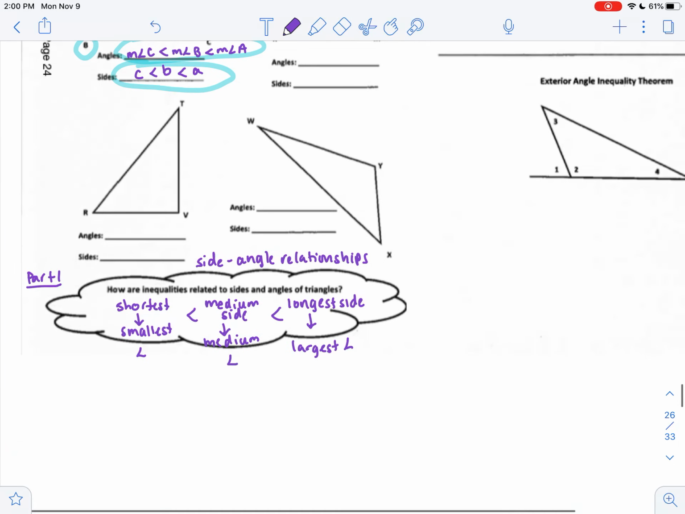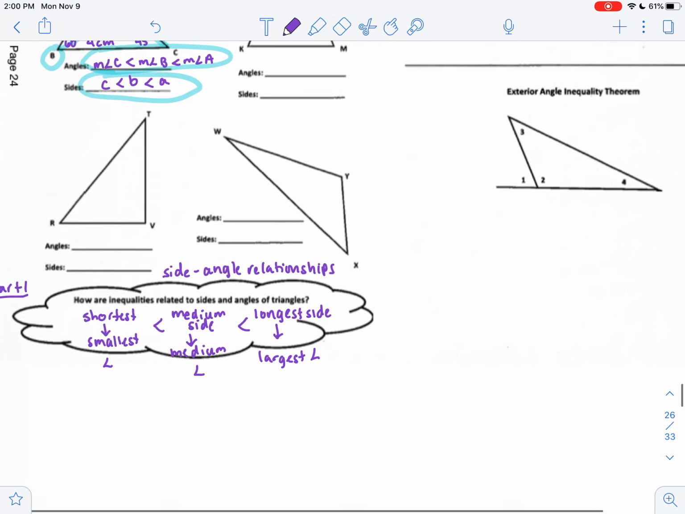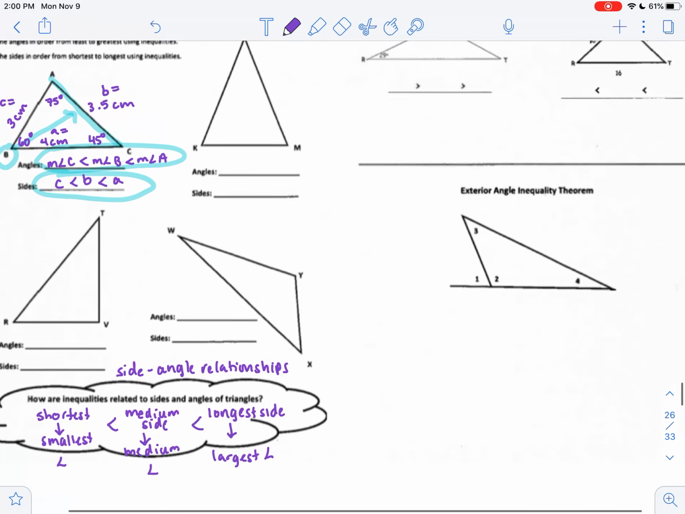Go ahead and take a second to refer to that. Anytime we're looking at an angle, its measurement in comparison to the measurements of the other two angles will depend on the length of the side that it's across. So that's part 1. Okay, and we're going to do an example